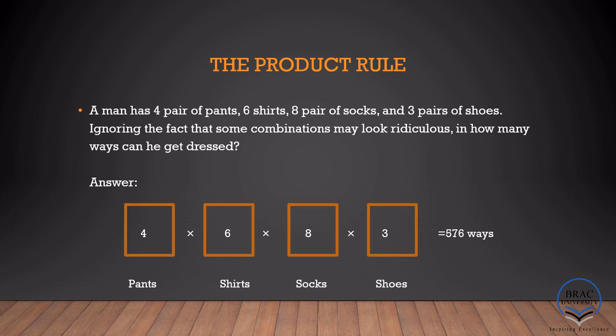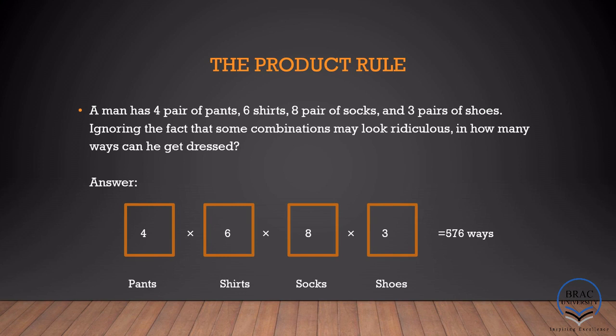How many pairs of pants does he have? He has 4 pairs of pants, right? So he has to pick one pair of pants from those 4 pairs. So that is 4C1 or just 4. Now while choosing shirts, he has 6 options. He has to pick one shirt from 6 different shirts, that is